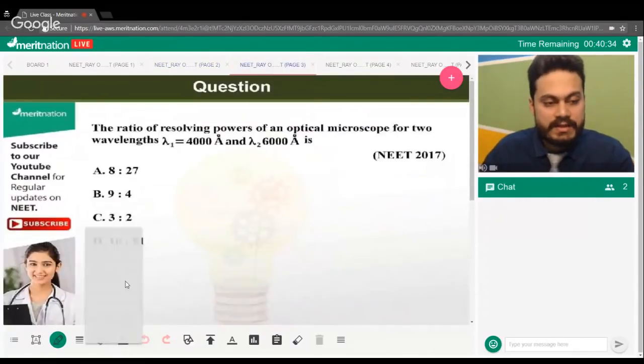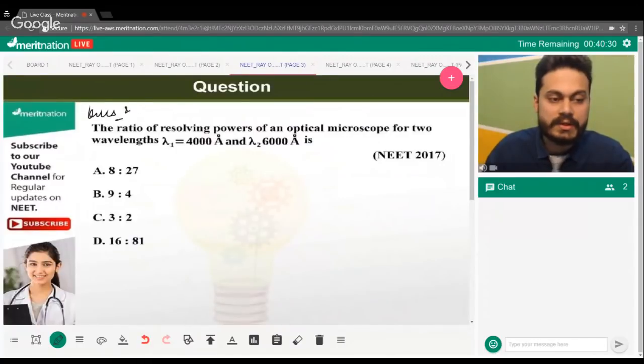Let's move to the next one. Let's see how many of you can do this one. This is pretty easy. Question number 2 for the day. Go ahead. Anjali, what do you say about the second question? The ratio of resolving powers of an optical microscope for two wavelengths